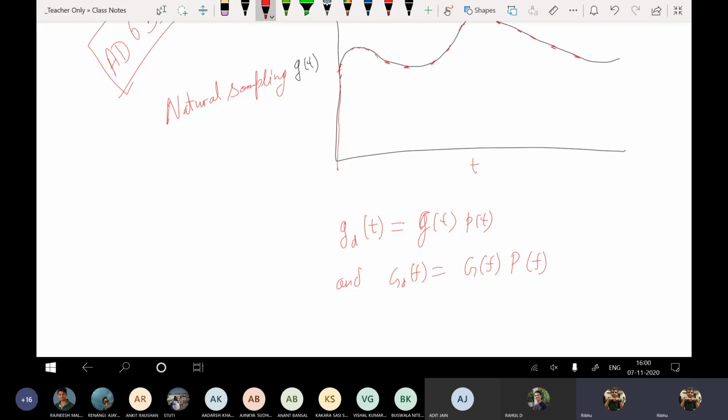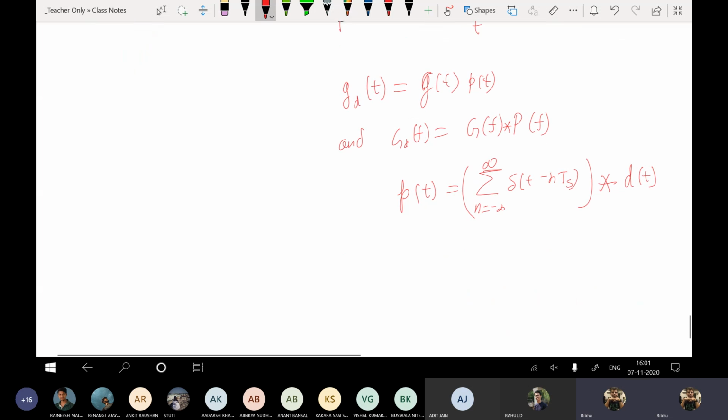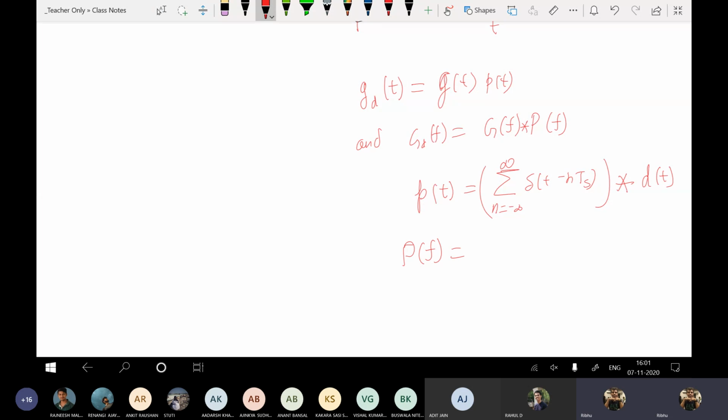Now the good thing is that this P(f) will be, oh sorry, a convolution, but at the same time, this p(t), if I look at it, p(t) is basically convolved with, fine. Or P(f) will be D(f)